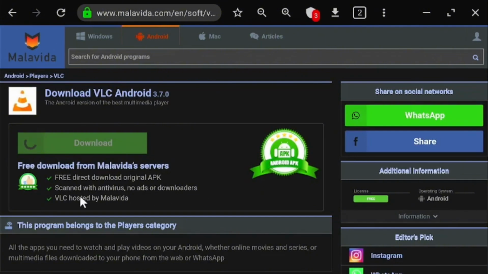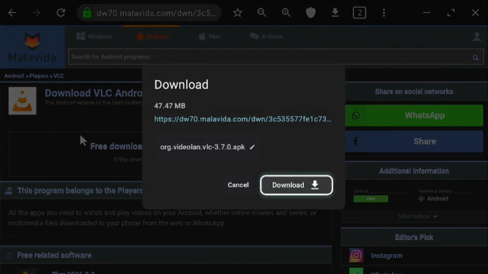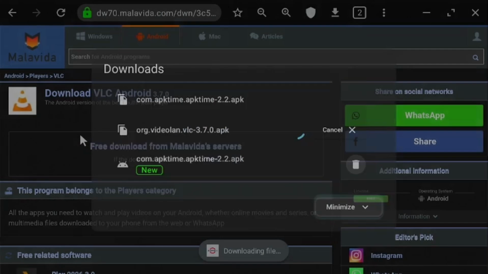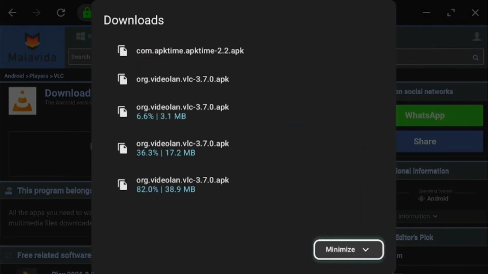On the download button, give it a second to load. But you want to click it immediately it's done. So right there, mine is complete. I'm clicking the download button, and that will immediately begin my automatic download. Now click on this download button and give it some time to download. So you see the download is at 82%. Immediately it is done, you're gonna hit 100% and you'll find the